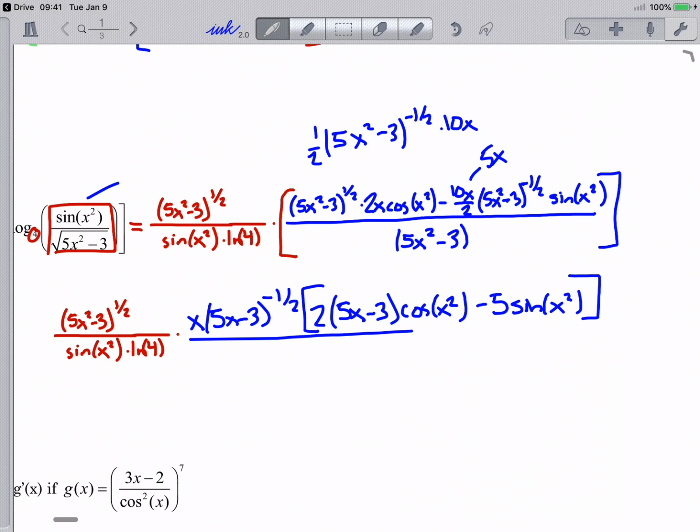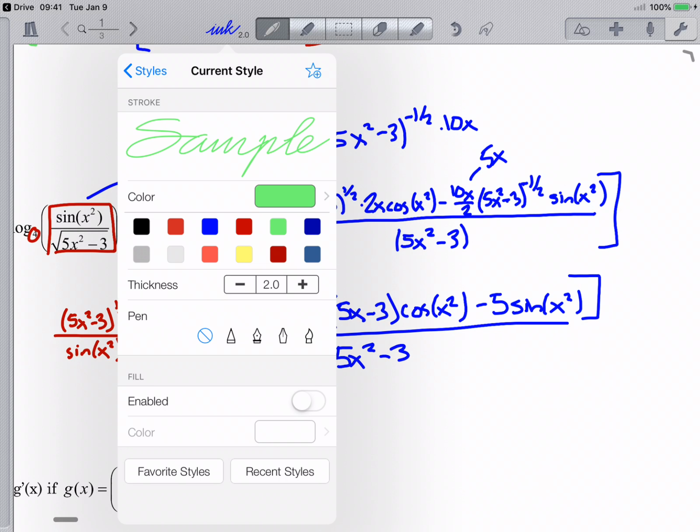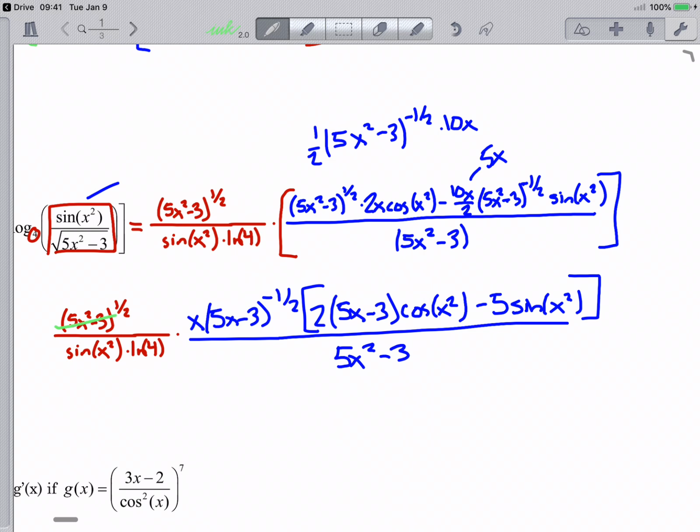And this is all over 5x squared minus 3. So something you should notice is that these parts will simplify to 1, and so I just end up with x times 10x minus 3